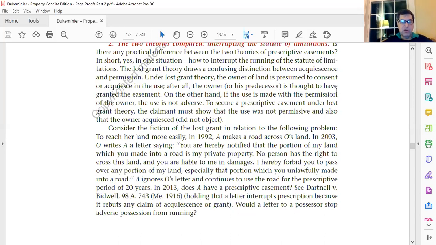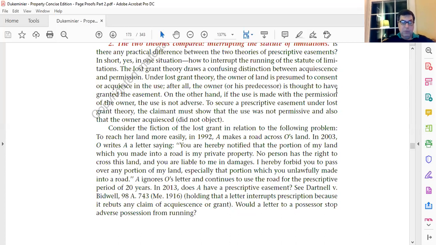If you have permission of the owner, then you do not get an easement by prescription. But they also say, in jurisdictions following the lost grant theory, that the owner has to acquiesce or not object to your use of the easement, and that if they object, then that defeats the idea that there was some grant in the past. And so they cite a case from a jurisdiction following the lost grant fiction, concluding that